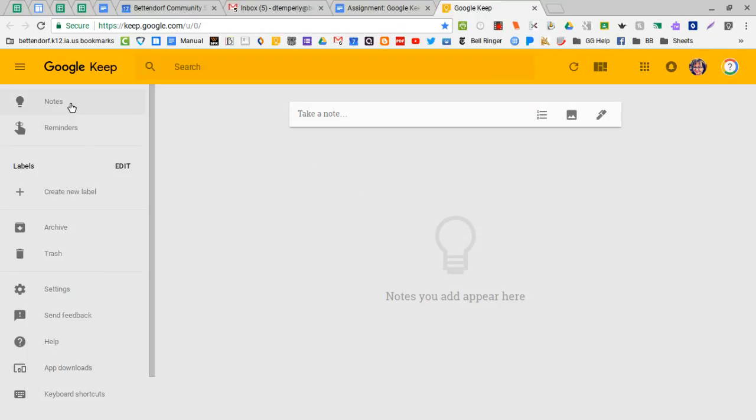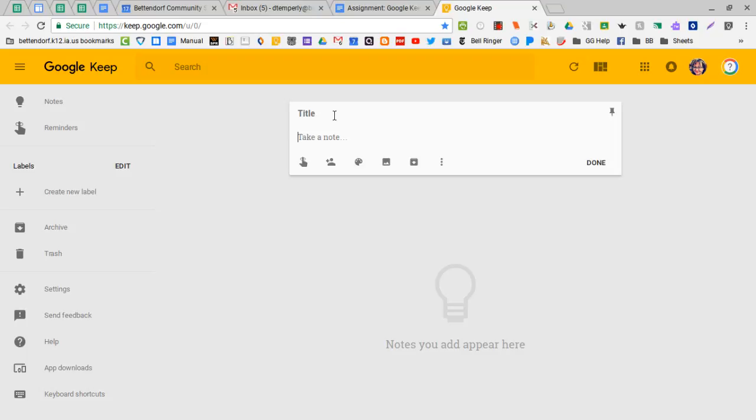On the left-hand side, these are all of the little tools that you'll use in Google Keep. We're just going to take these one at a time. We're going to start with actually taking a note, and this is how you do it. Let's say I needed a reminder to do some homework. Let's say it's for math. I'll say math assignment for Tuesday,